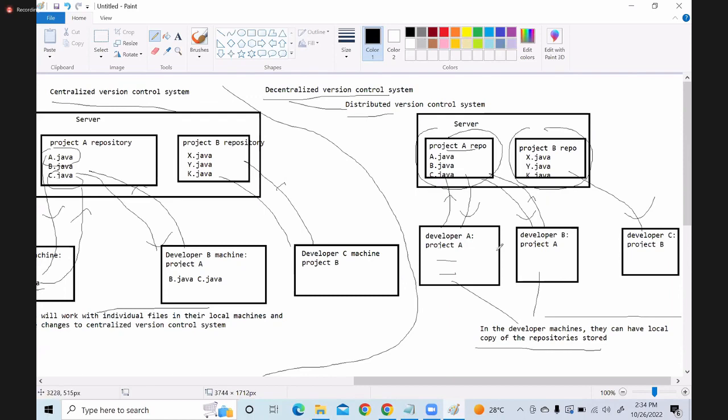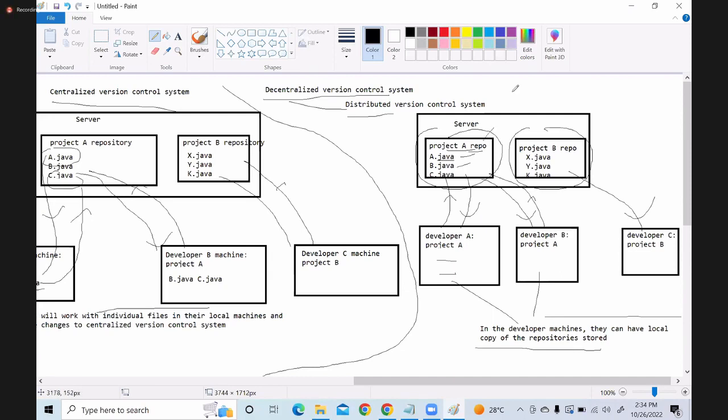That means in each of their machines, the version control system is distributed, meaning the entire repository, including the versions. This repository contains a.java with multiple versions, 1.1, 1.2, 1.3, and b.java will contain multiple versions, 1.1, 1.2.